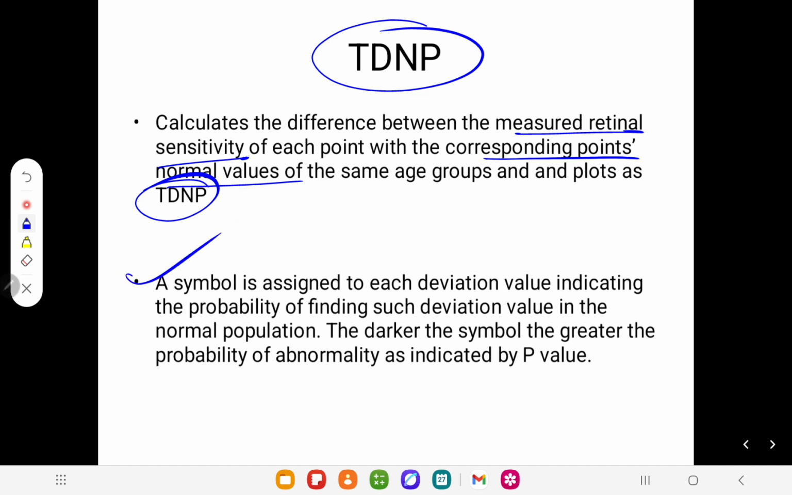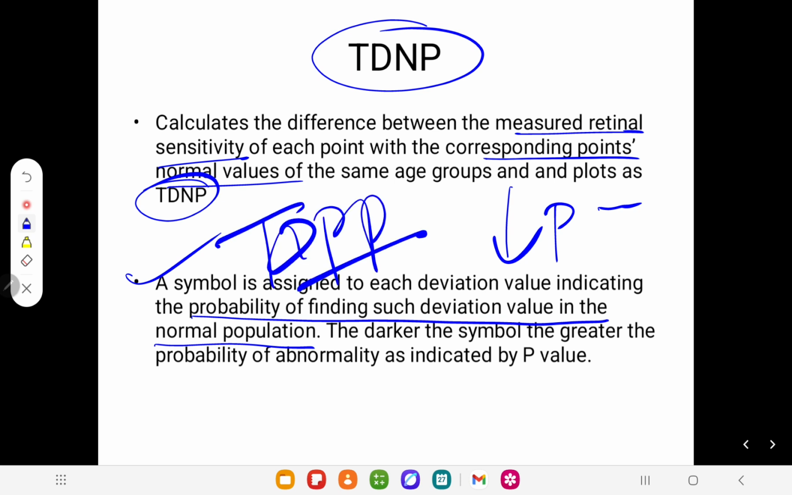Okay. So the symbol is assigned to the deviation, and whenever we assign the symbol by p-value, it has a darker symbol for 0.5%, a little bit lighter for less than 1%, a little bit lighter for less than 2%, a little bit lighter for less than 3%, a little bit lighter for less than 5%. And that's how we get the probability finding from the deviation from the normal population. And we get the total deviation probability plot. Total deviation probability plot, isn't it? The same thing is happening